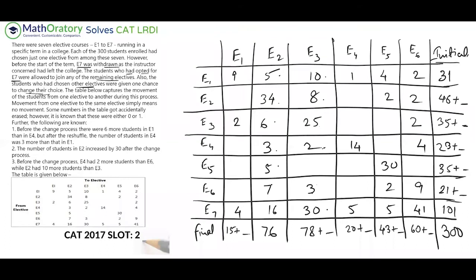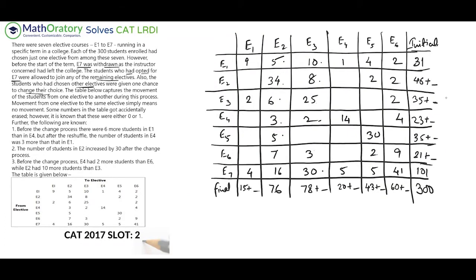Now let me just reduce the size. Great. So this is what we have. Now also let me think about what is the total that we are getting as of now, in terms of column or row. That should be the same value anyhow. So let me verify that. The 76 and 78 is 154. 15 and 43 is 58. So 154 and this is 58. So that is 212. And then 20 and 60 is 80. So we already have 292 here, right?